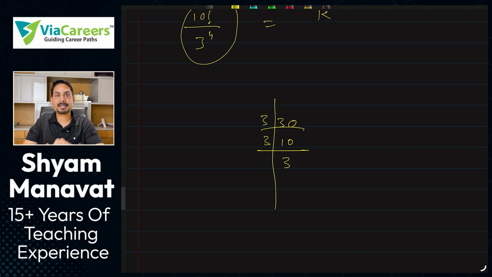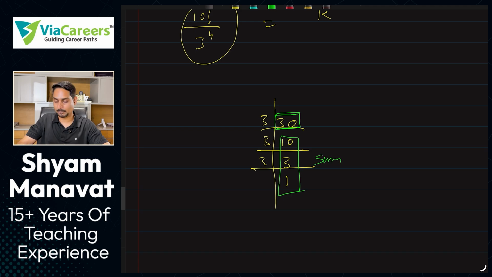10 is not divisible by 3. But 3 3s are 9. Quotient 3 होगा. Remainder 1 होगा. Remainder की कोई जरूरत नहीं है. Go next. 3 1s are 3. Okay. So we are checking in 30 factorial. So 30 को छोड़ के बाकी के जो क्वेश्चन है ना, add them all. Add them all. So this is what? 14. So what is the highest power of 3?